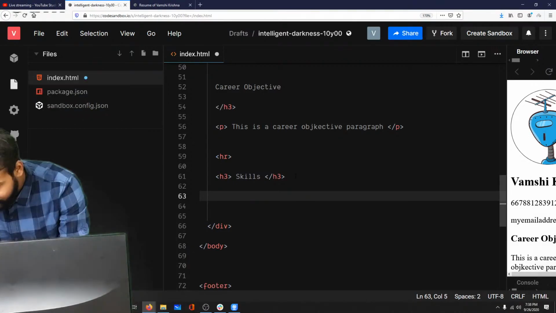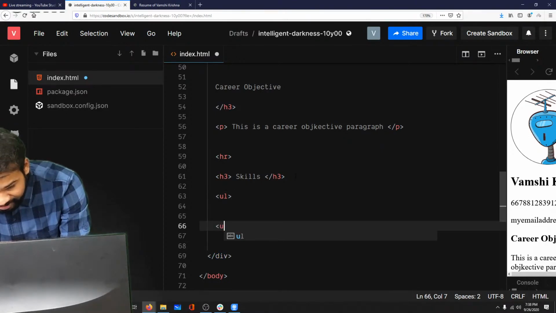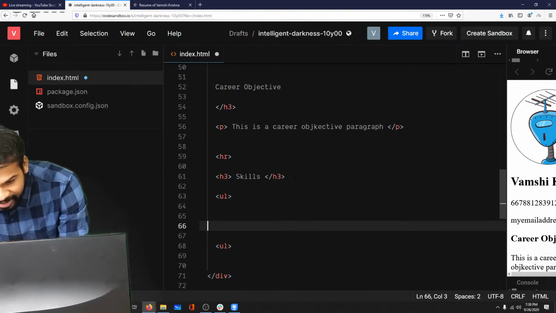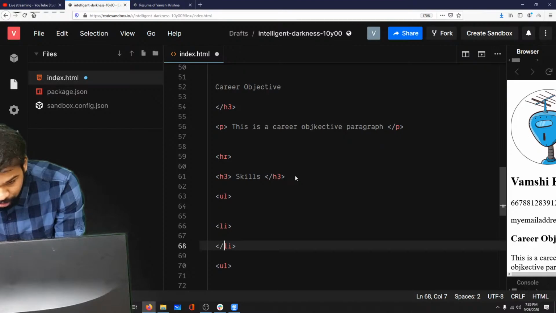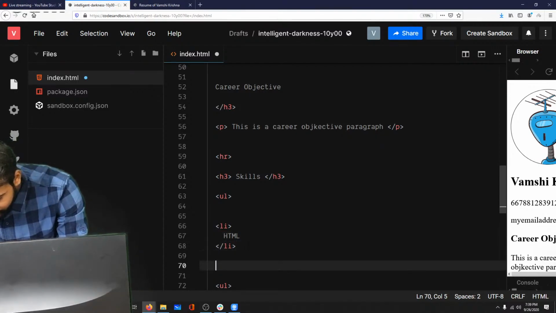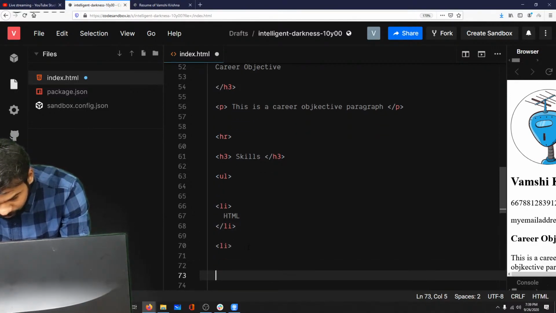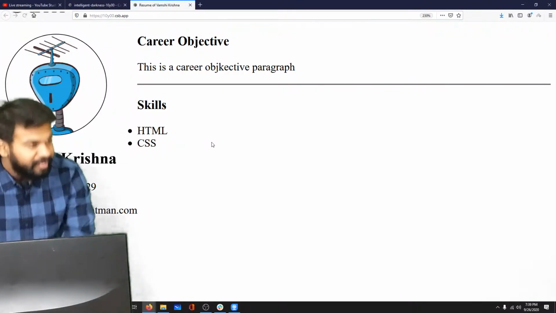And this can be an unorganized list or an organized list, it depends upon you. So I'm going to take an unorganized list, which means basically UL. And inside the unorganized list, we're going to have a list item, which is indicated by li, and always don't forget to close your tags. So the first skill I'm going to type in is HTML, and let's also create another list item, CSS, right? If I save and if I go back and if I hit refresh, we have these two neat